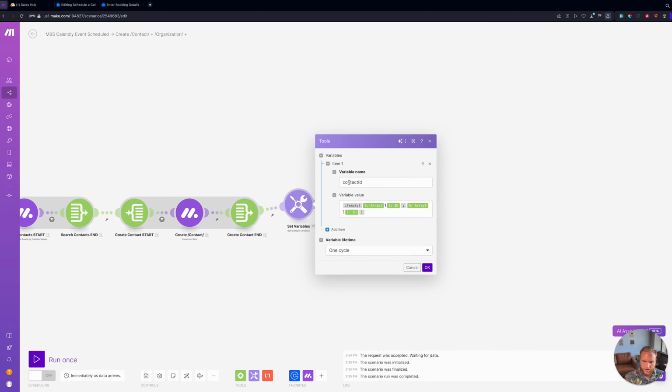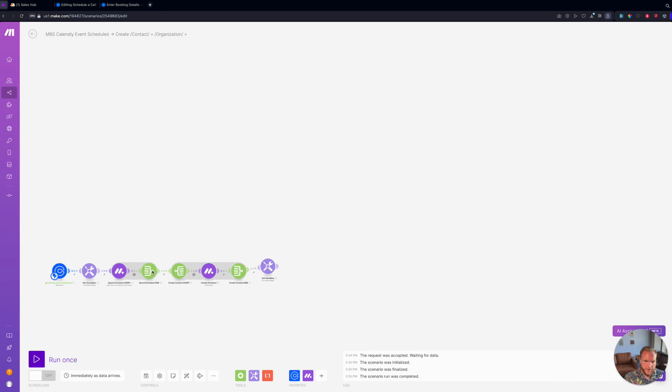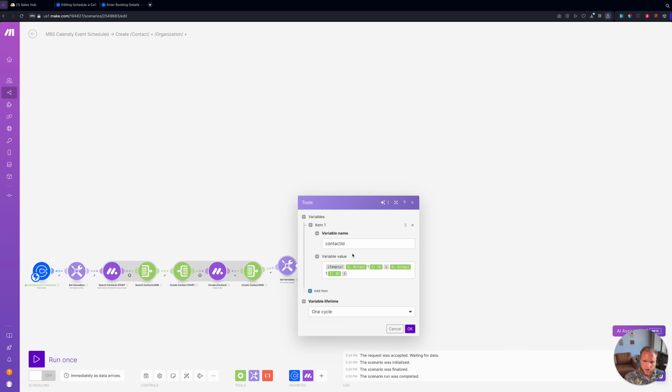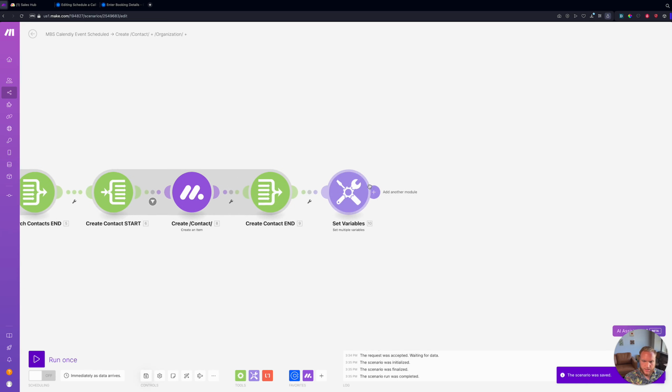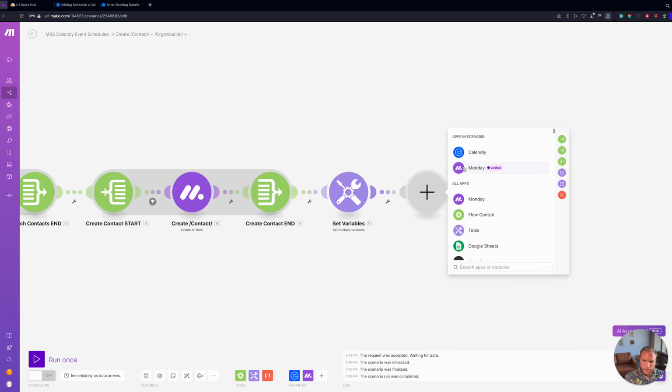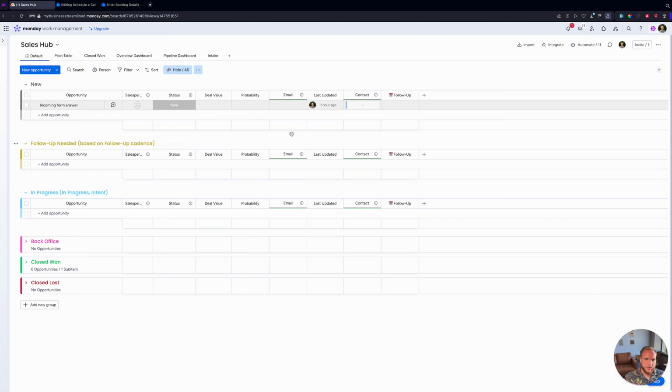There we go. So we'll have a contact ID no matter what. We're basically saying if this came back empty, it will create a contact. If the contact here is empty, it'll know that there's an existing one. So this now specifies the contact ID. Hit save. And our last piece is going to create a new lead inside of our Sales Hub board and